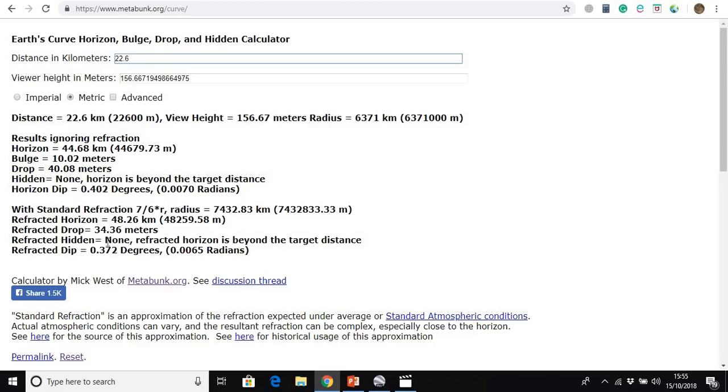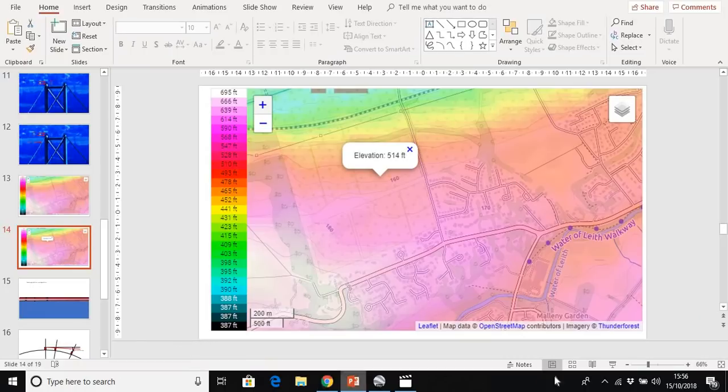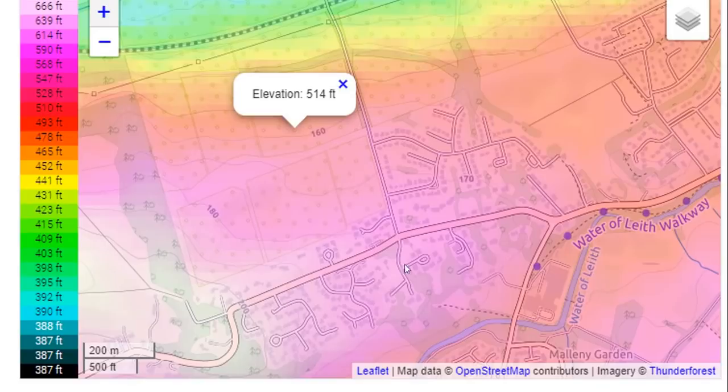Hidden none, and that was what we'd expect. I'm not particularly interested in the refracted drop height, but it's maybe 34 meters, but let's work with a 40 meter drop height. And I can imagine flat earthers saying, well, why haven't you seen a 40 meter drop when you